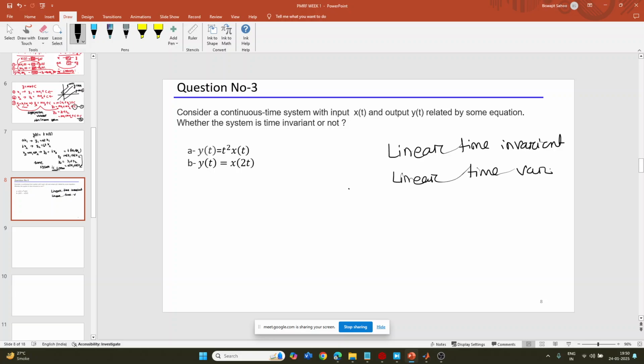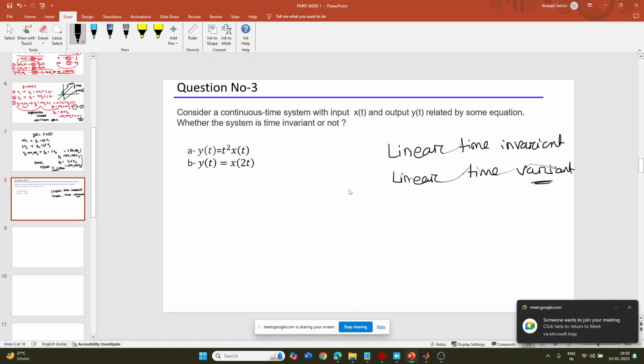Okay, LTI system, everybody knows LTI system, because the control system is a linear time invariant system. If it is a linear time variant system, then you cannot find the relation between input and output so easily. You can find it out, but not so easily. You have to solve the state space matrix. You have to go another way of approaching the question to find the relation between input and output.